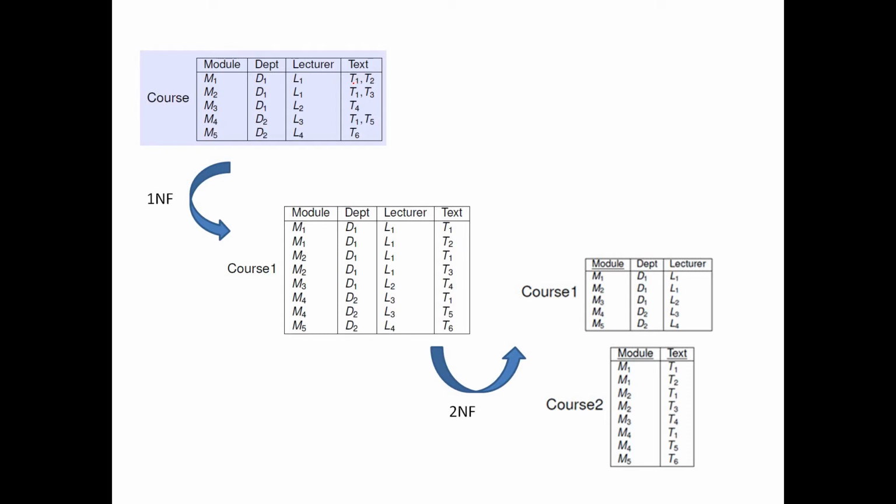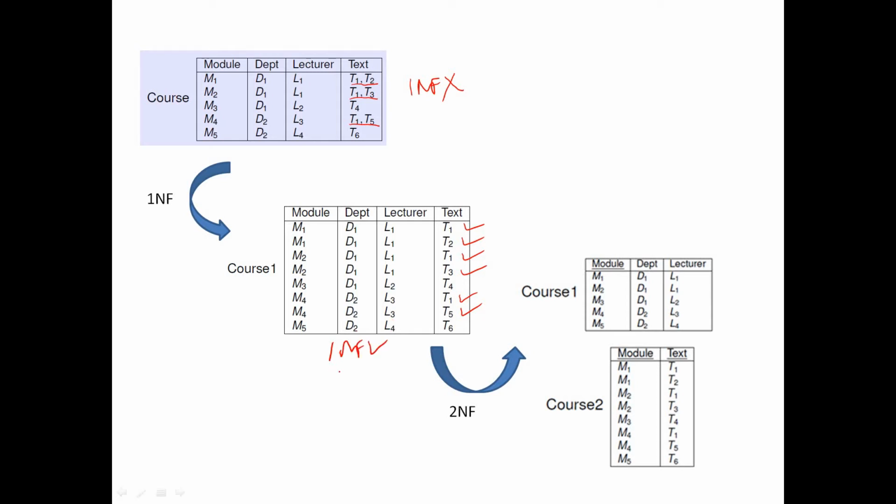In this course table I can find the texts T1 T2 that is multivalued, T1 T3 that is multivalued, T1 T5 that is multivalued. So is it present in 1NF? This table is not present in the 1NF because as per the 1NF rules the values should be single valued. Here I am getting multi-valued, that's why it is not present in the 1NF. So to decompose this non-1NF to the 1NF relation, what we have to do? The T1 T2 will be split, T1 T3 will be split, T1 T5 will be split as separate rows. Now this relation is present in the 1NF.